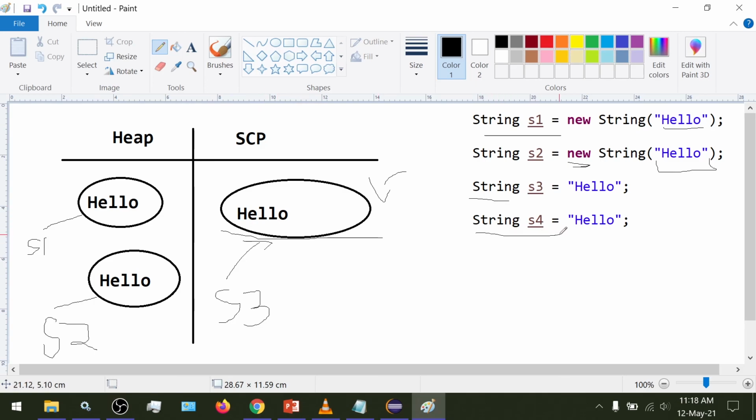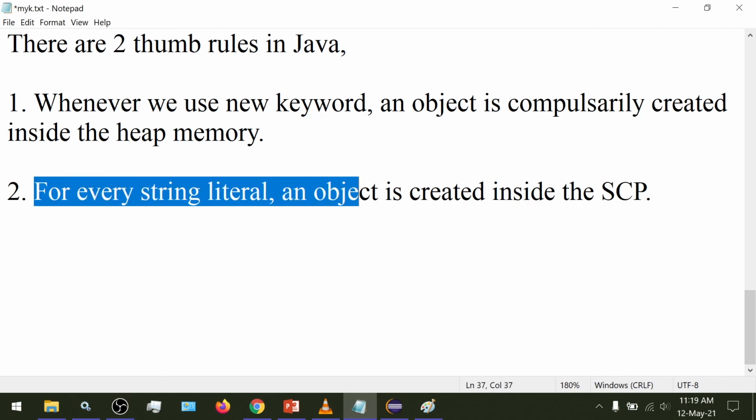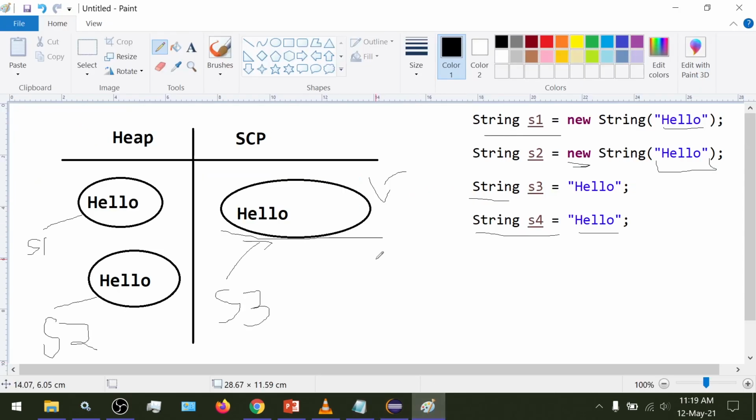Then we come to line number 4. In line number 4, we have the string literal hello, and since no new keyword is used, the first thumb rule won't be applicable. For the second thumb rule of string literal, the JVM would go inside the SCP to create a new object for the literal hello.